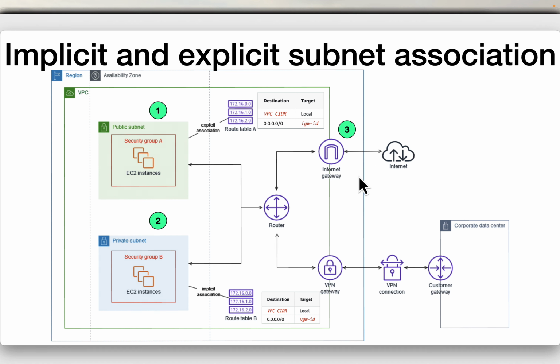Okay. Third, the internet gateway is connected to the route table, which we have seen, and this provides the public subnet. So this makes this subnet a public subnet. And in contrast, the virtual private gateway, this VPN gateway, connects to route table B, which makes it a secure VPN, virtual private network. And this configuration is typical, where the public subnet and private subnet can connect to the internet or the corporate data center.